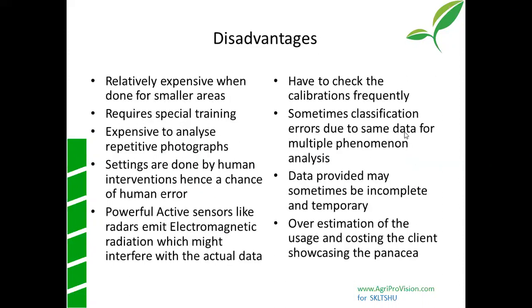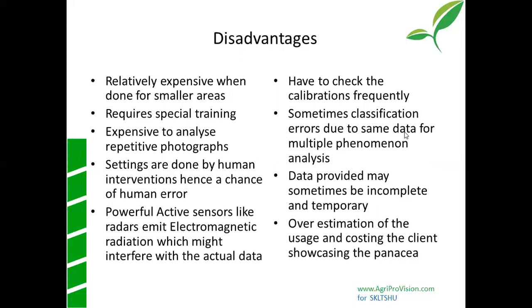When you're looking at the disadvantages of remote sensing, take a small area, for example only about half an acre. If you deploy about 2 people, they can run the entire show within an hour, and it costs you very minimal. But when you do it with remote sensing, with bigger equipment, then for a smaller area it's going to be very expensive, and not everybody can do it.